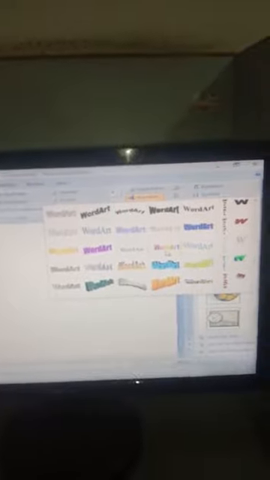I move to the insert button. From there I move to the word art, and in the word art I have selected a style of this one. I can type my text over here. Like suppose I have typed the text hello. After typing the text hello, I press the OK button. Look, this is the word art of that style that has appeared in my document. So this is how we can insert the word art.